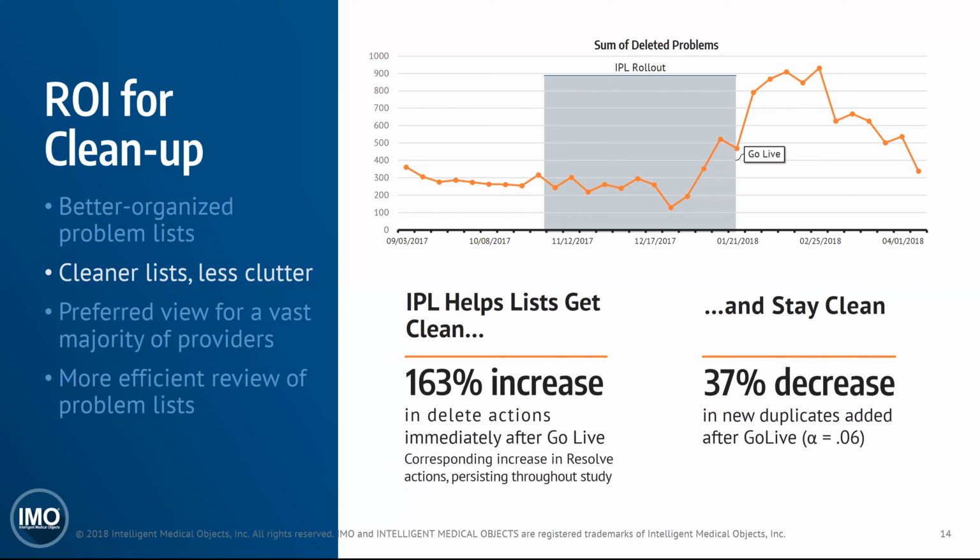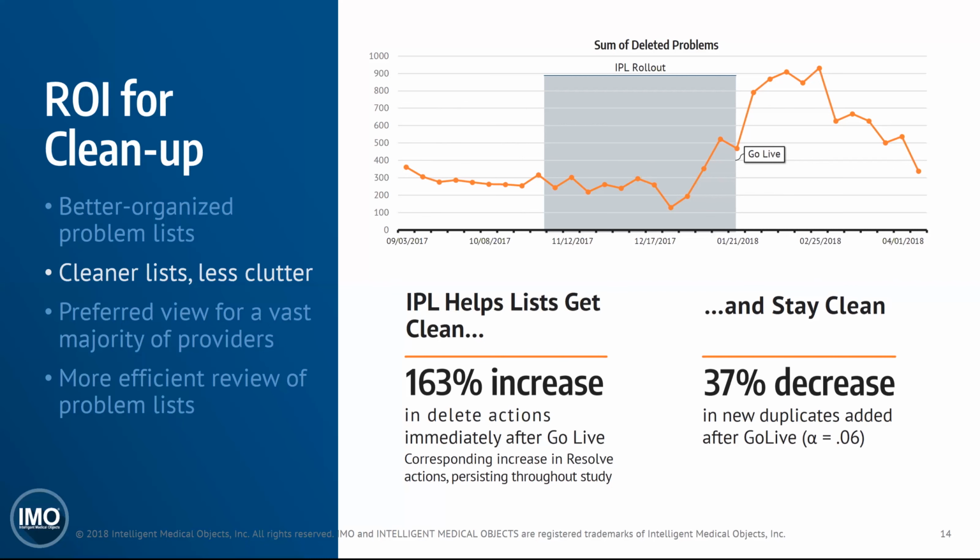What we also saw is that the list stayed clean. So we saw a 37% decrease in duplicates being added. So no longer was it a problem saying, "I'm not going to scan the list to see if heart failure is on there. I'm just going to add it again." It was very clear to check the cardiac section of the problem list and determine whether or not a problem needed to be re-added. So that was extremely exciting results that we saw. And once again, that was before we released any of the tools that you're about to see to help clinicians clean up the list.